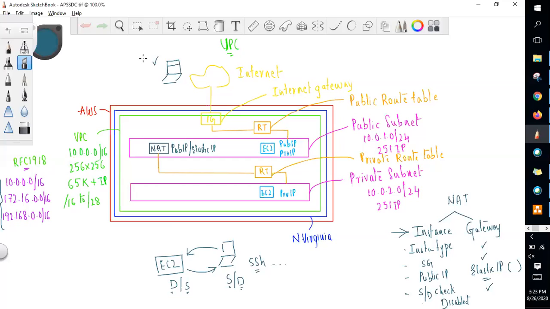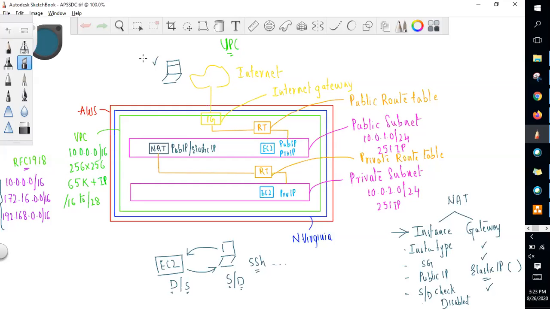And the subnets which we create should not overlap. That is the reason we are giving different subnets. We are creating two subnets, one public and one private, so that instances do not interact with each other. Maybe you can have the database in the private subnet and the application in the public subnet, so that the database will not be able to access the internet.